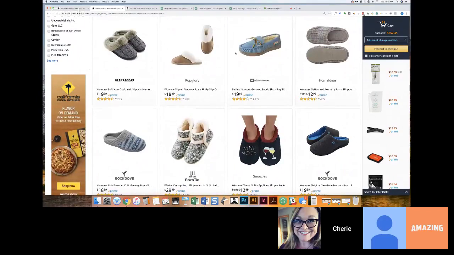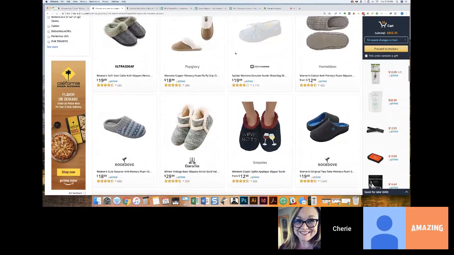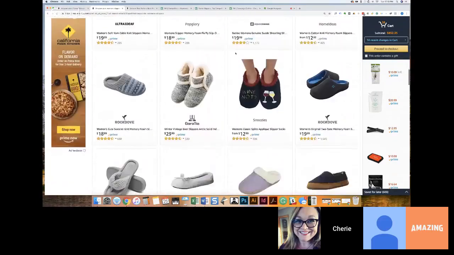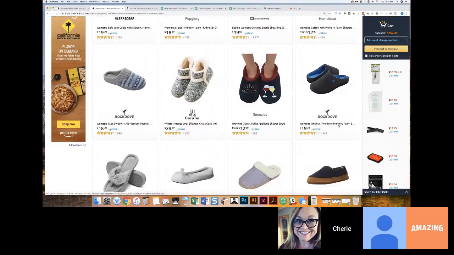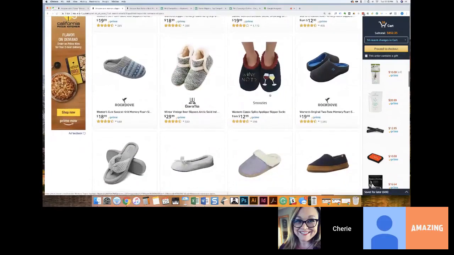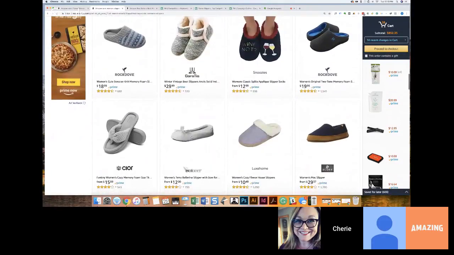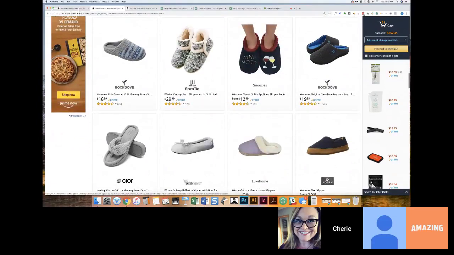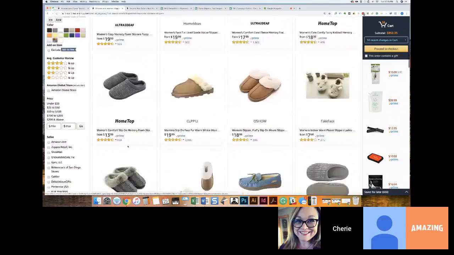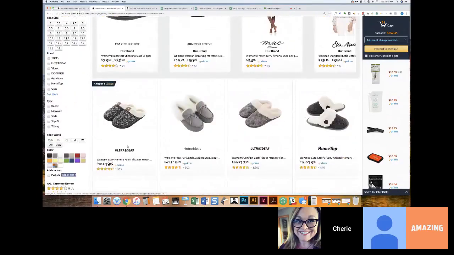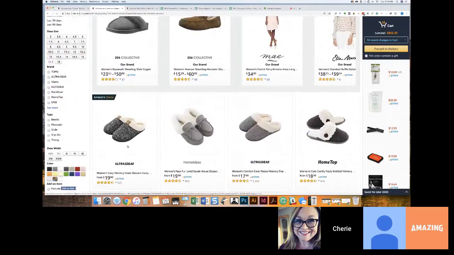So then I start to look at the fact there's some suede, there's some shearling. I've got some memory foam slippers that are very popular down here. I've got these ballerina slippers that are very distinct. They have the bow and they look like ballet slippers. Then I've got these flip-flop slippers, right? So I'm going to look at all these different styles. And as I come back, I'm going to be paying close attention to these as I build my keyword list,